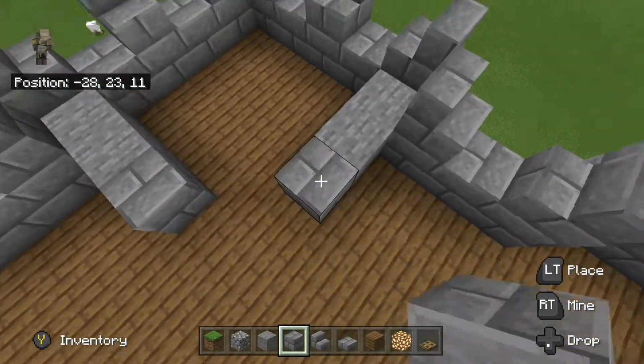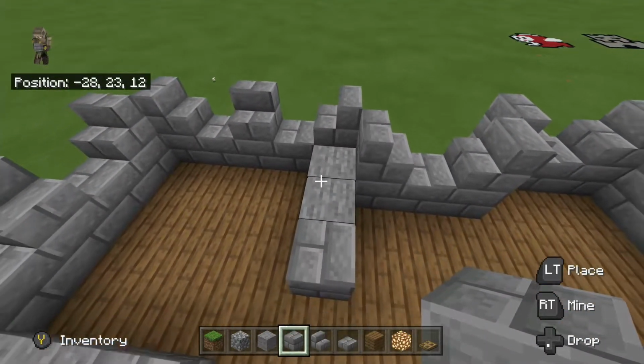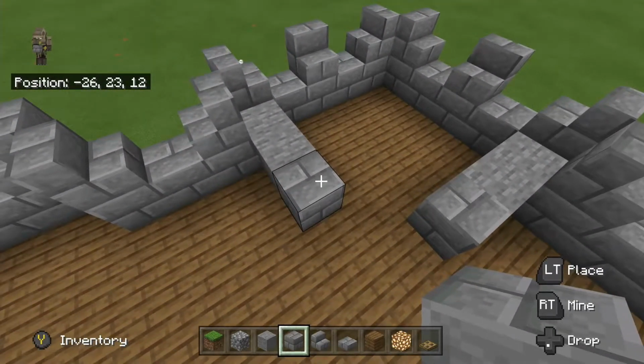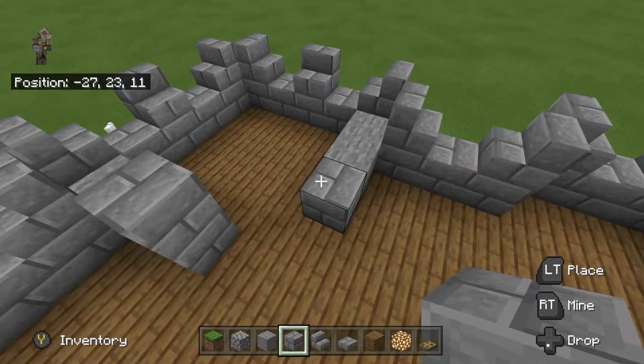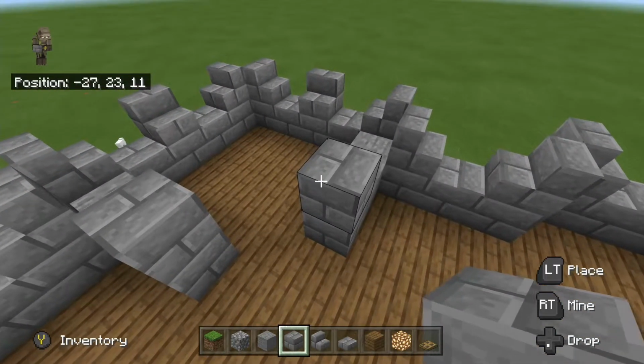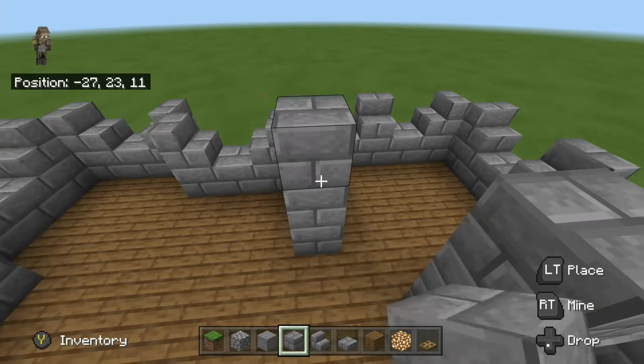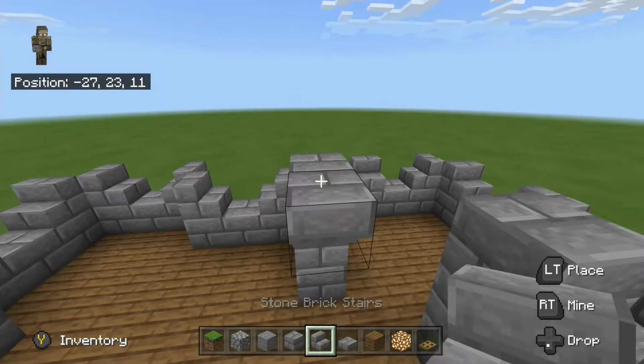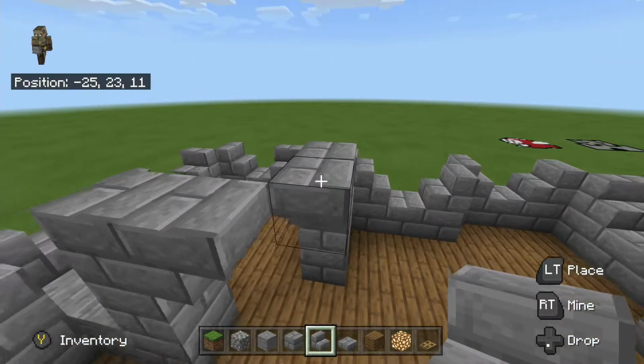So you can see in each corner I came out 2 stone blocks and 1 stone brick. I'm going to put the stone bricks up to a height of 3, and on the 3rd one I'm going to do an upside down stair,